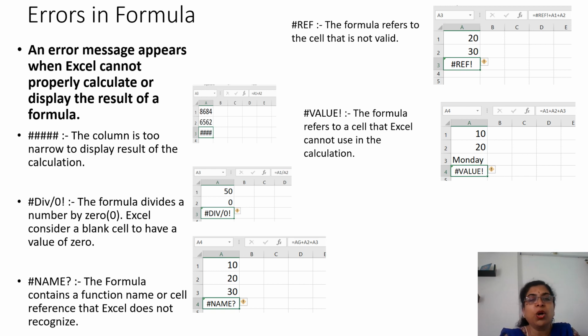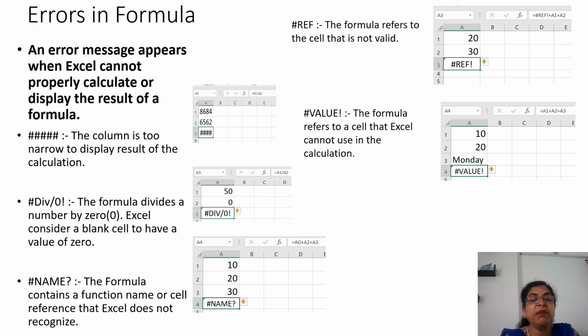Simply increase the column width. Then #DIV/0! means if you have divided by 0 or by a blank cell, it will give you this sign. Anything cannot be divided by 0 because that is an infinite number. So don't divide it by 0.